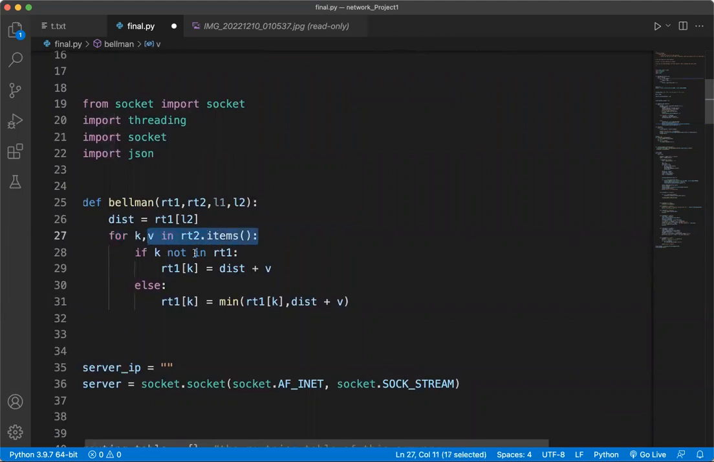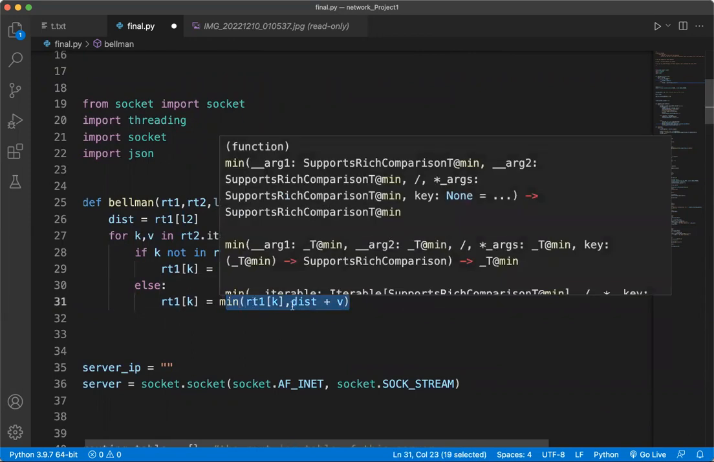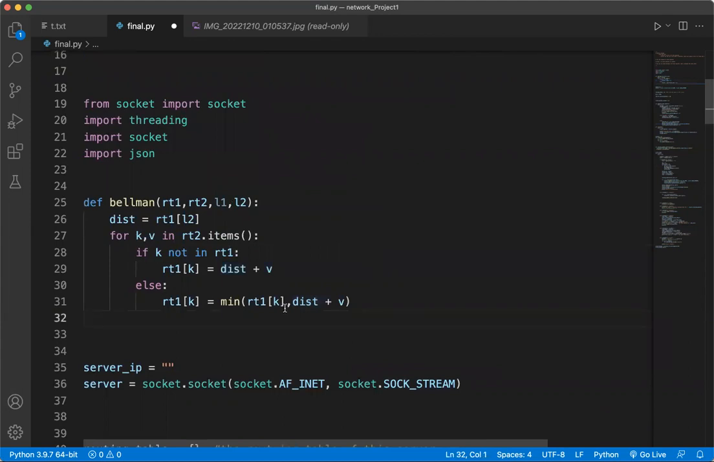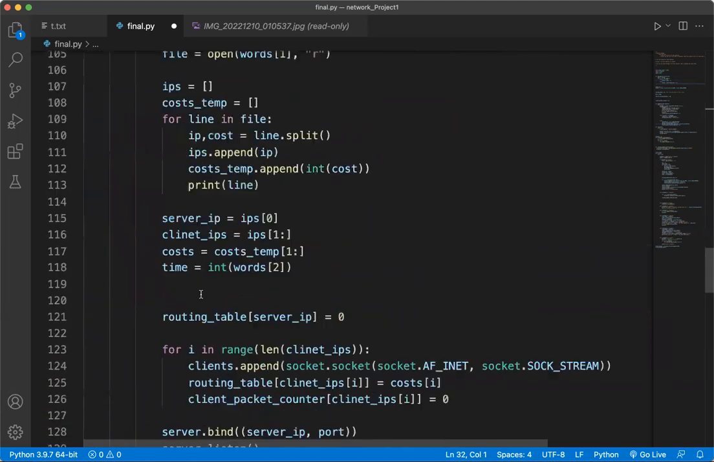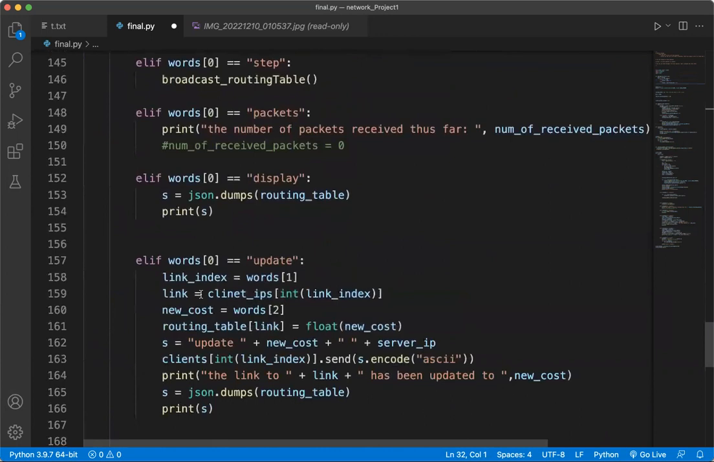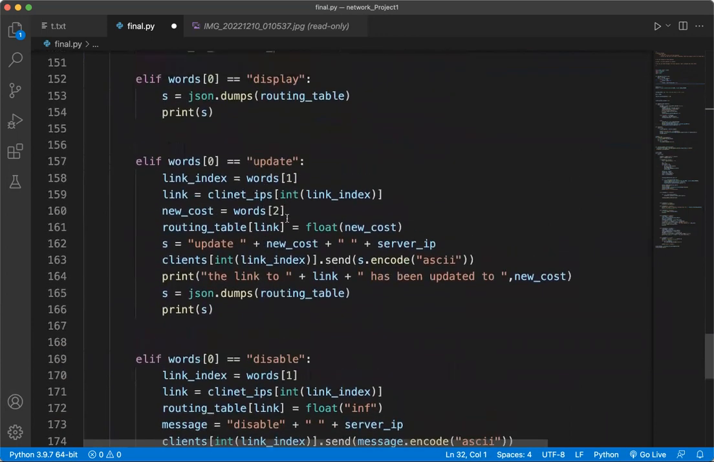all the key value pairs in the one it received. And if the key or the IP address is not there, then it creates a new one, because it found a new node. And over here, otherwise it gets the minimum, which is comparing between the current one and the new one. So that's the Bellman equation. And let's do update. We just update